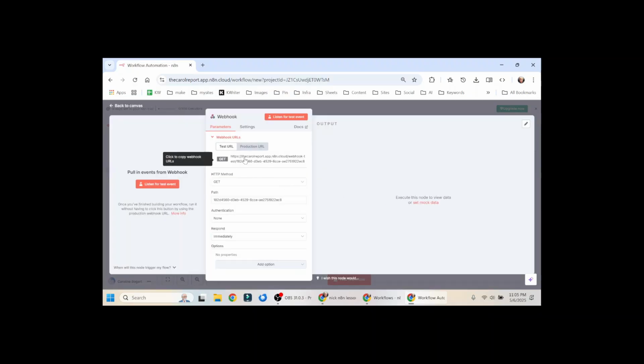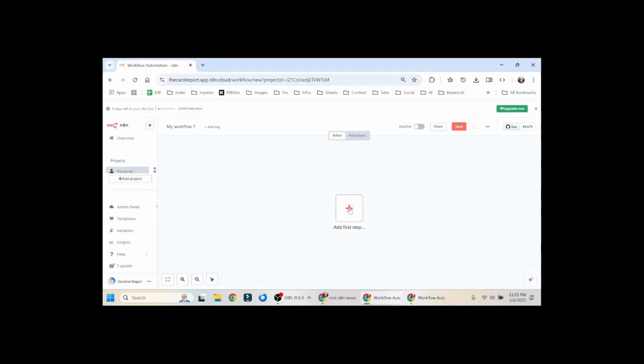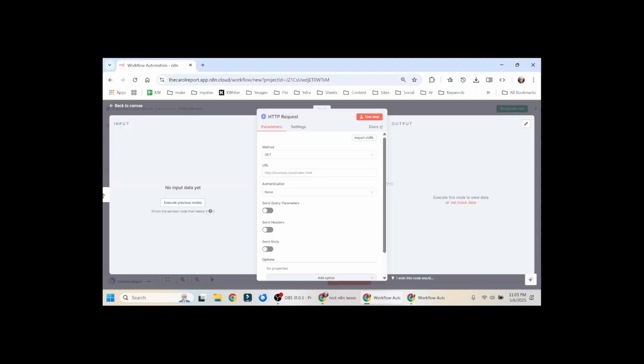When it opens, click the link next to the get and put that in your copy-paste buffer. Now go create another workflow, and in this step, look for HTTP request, and when that opens, paste the link into the URL field. Then to show how we can send data, just as an example, open send query parameters